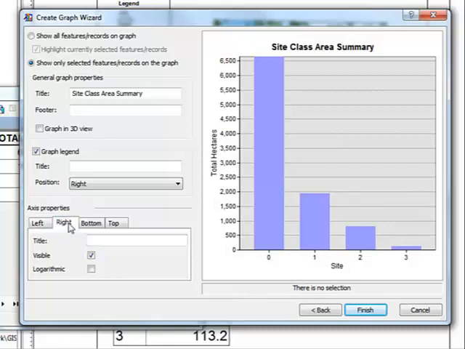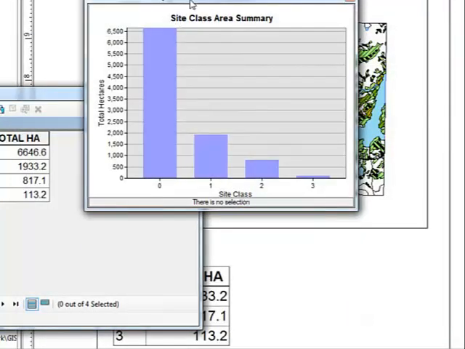Then if we had a right axis, we could fool around with it. We do have a bottom one. Again, we can get rid of it if we want, but we don't want to do that. And we have a title of site there, which maybe we'll change to site class. And we don't have one at the top, so there's nothing we can do there. So now we can click finish, and here's our